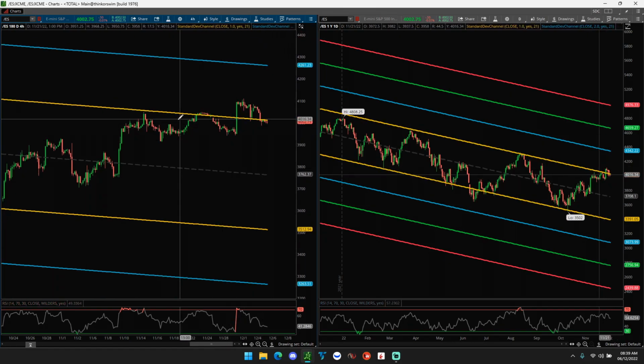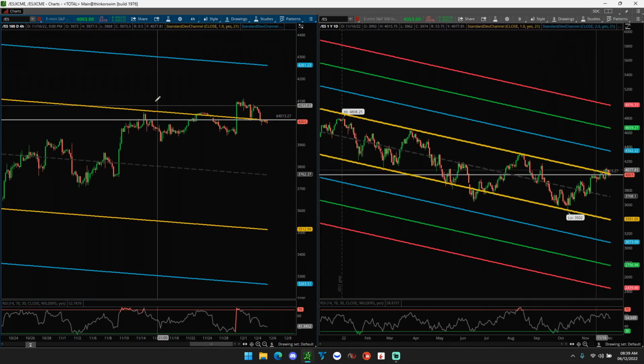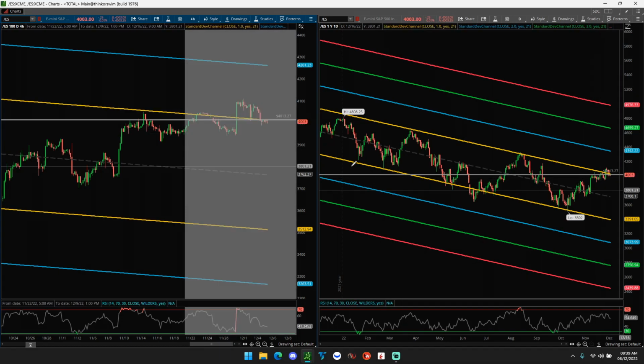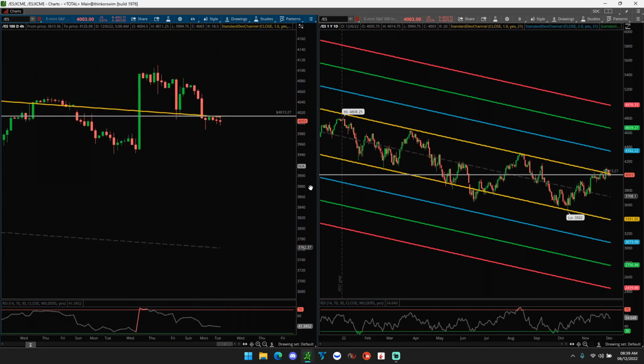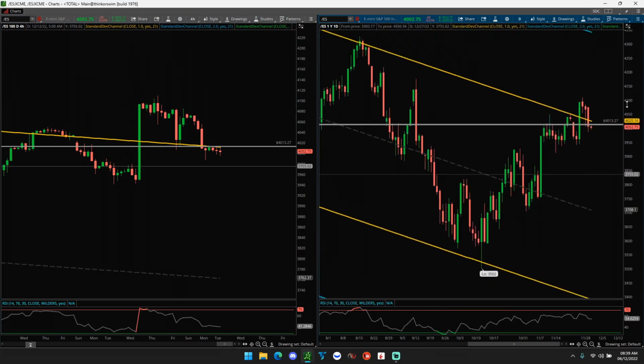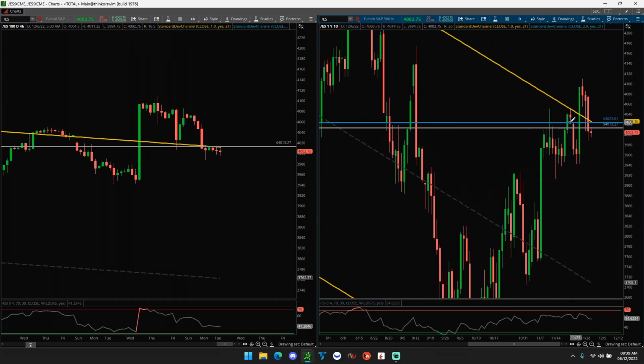Now though, what's happened is we retested it 3 times. On this third time, we've broken through. But now we come back for this retest. We've come back to retest our first deviation. They're pretty similar on both the 1 year and the 6 month. So now this is really the important level to note, because this is where we really look for confirmation.